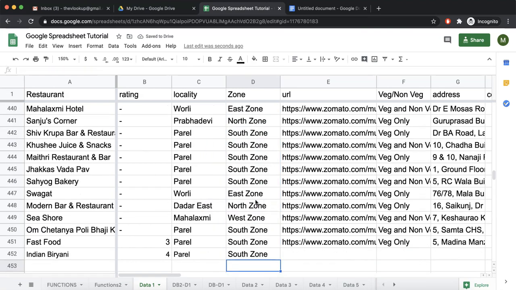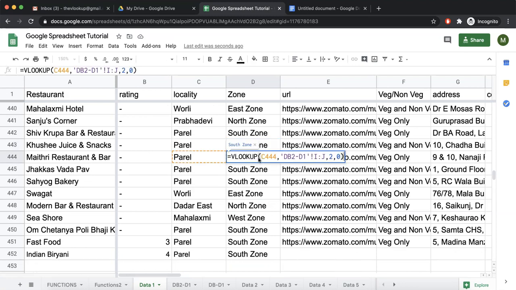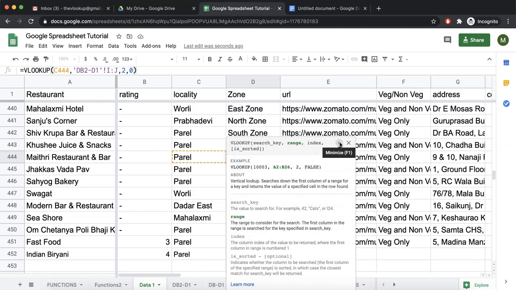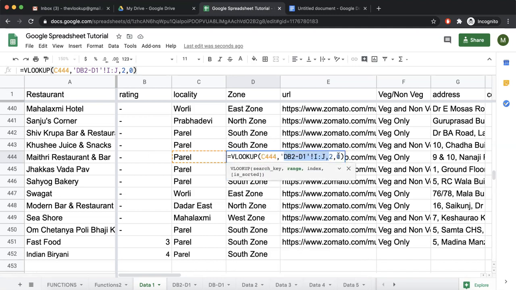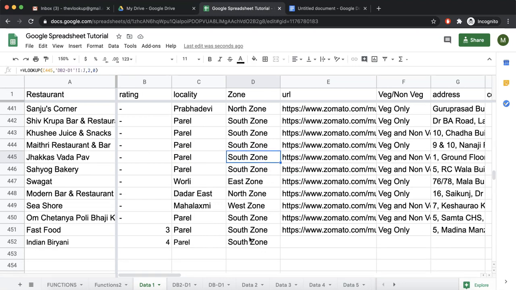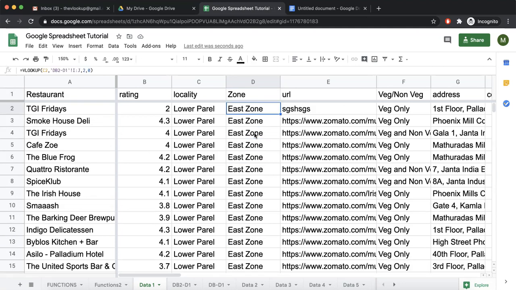Now automatically all the formulas get adjusted, and you see this is C44, VLOOKUP C44. The source of data is exactly the same, and the second index, and the fourth argument is 0. Now this we have achieved by writing 451 functions. Now how to convert this into an array formula?